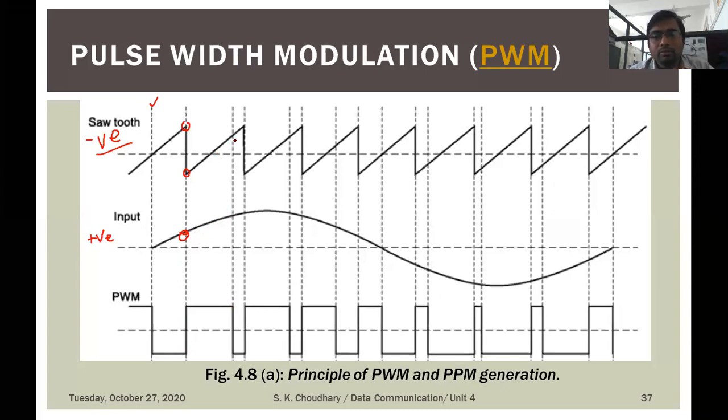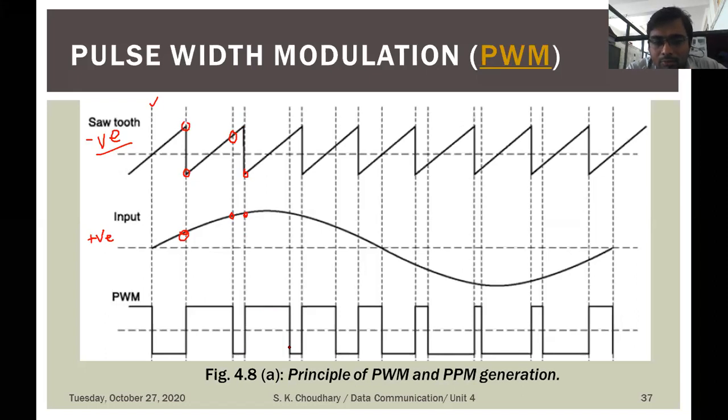But once it comes to this point where the amplitude of the sawtooth signal is again more than the maximum value of this input signal, at that moment the output is again a negative pulse, but for a very small duration, till the sawtooth signal restarts from the negative end and its minimum value is again less than the value of the input signal. That's why again the positive pulse is there. In this way, by comparing these two inputs, the comparator generates positive and negative pulses.